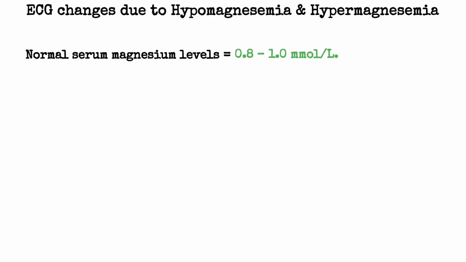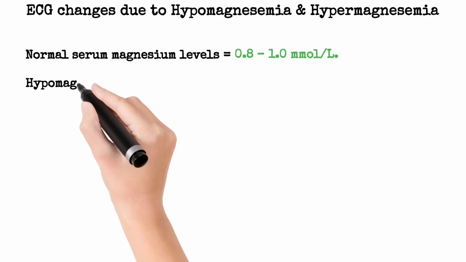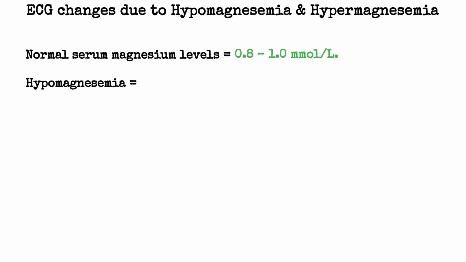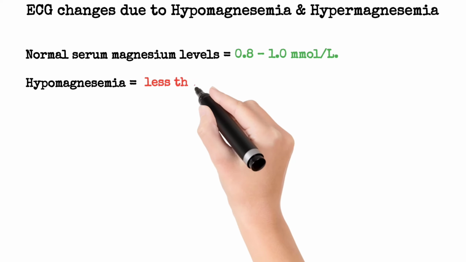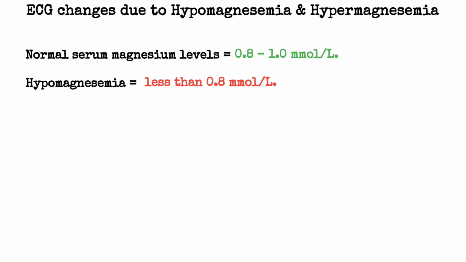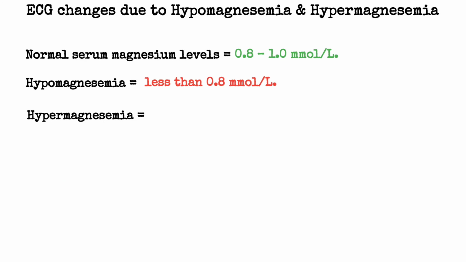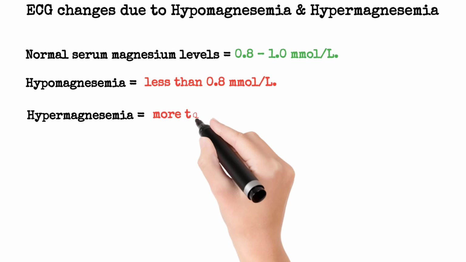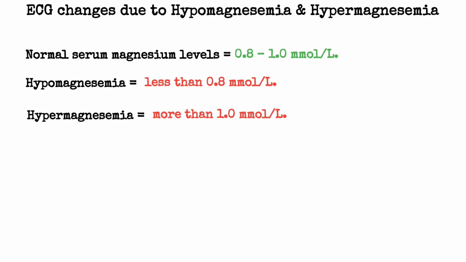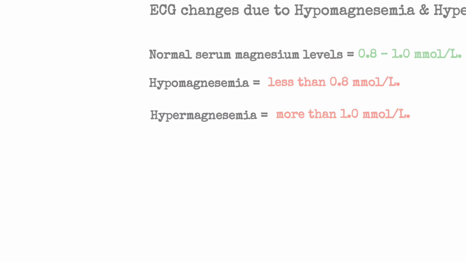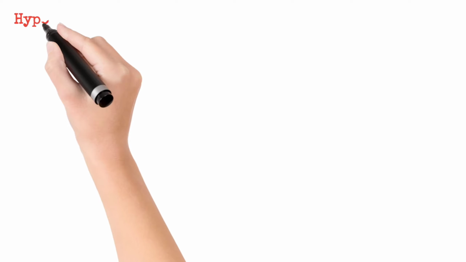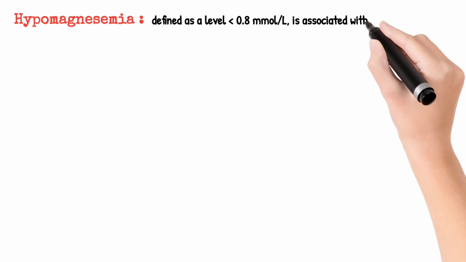Now if we talk about hypomagnesemia, in case of hypomagnesemia if the levels are less than 0.8 millimoles per liter, it's hypomagnesemia, and in hypermagnesemia if the levels are more than 1 millimoles per liter, it is hypermagnesemia. Now first, in hypomagnesemia, we define it as levels less than 0.8 millimoles per liter,